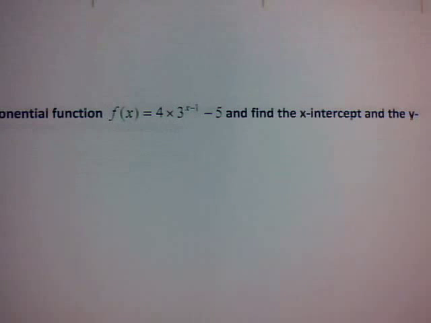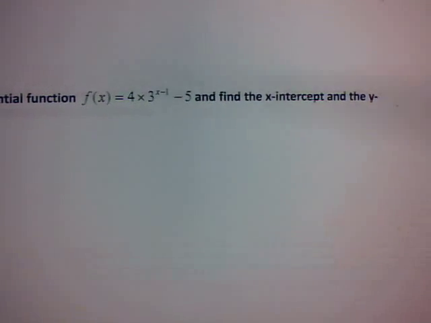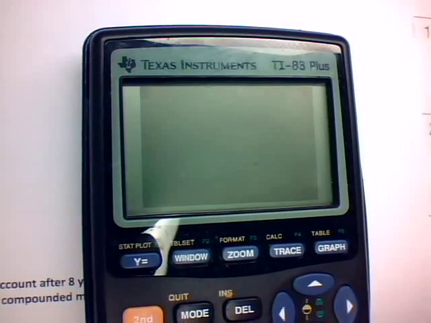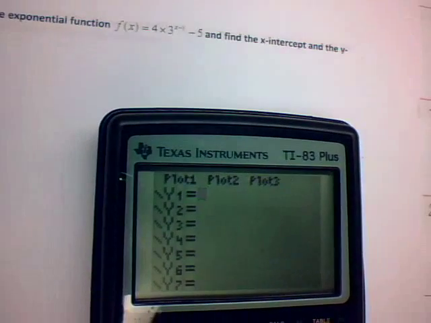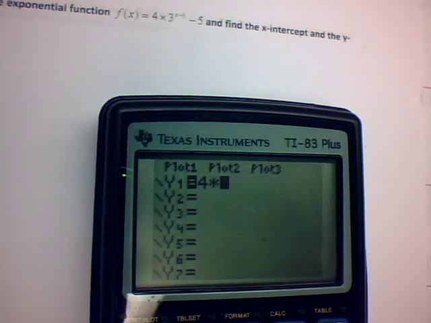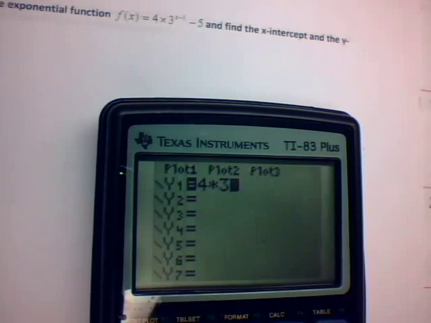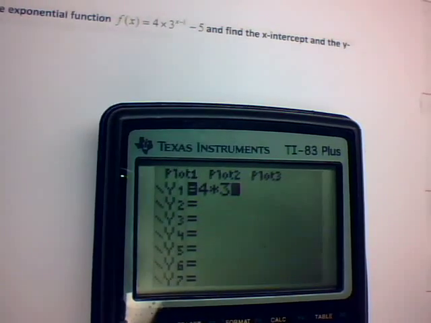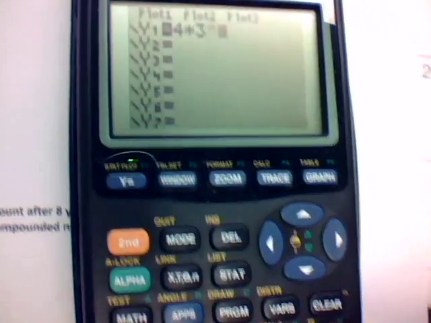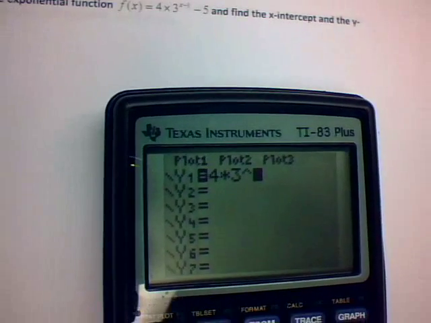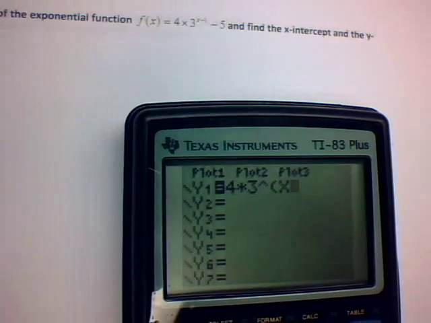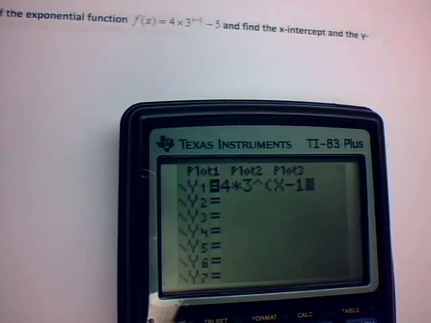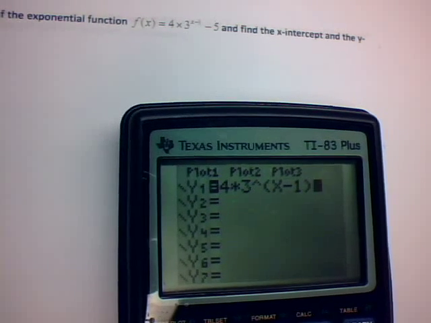So here, this is the function we're going to be graphing on the graphing calculator. In this case, we're going to go to y equal, and then we're going to type in that function: 4, and then times 3 to the x minus 1. Now the exponent is x minus 1, so we hit the caret key for the exponent. Now x minus 1 is your exponent, so I'm going to put the x minus 1 in parentheses. So left parenthesis, then your X,T,theta key for your x, minus 1, and then close the parenthesis, and then finally